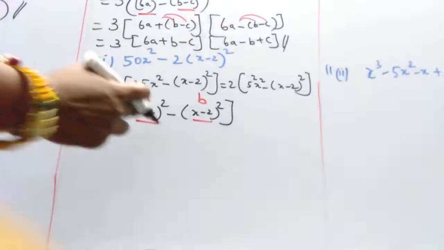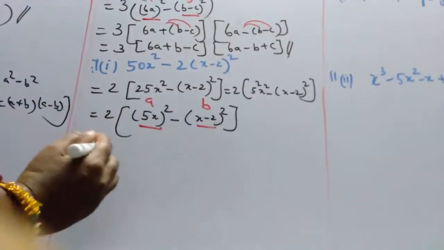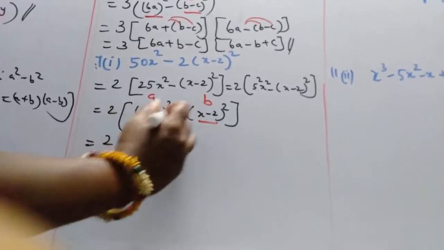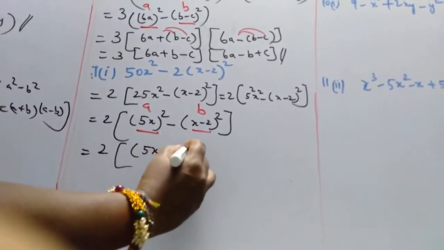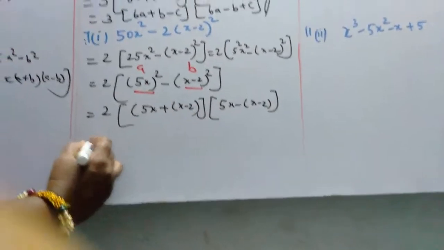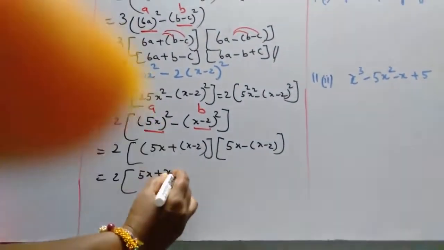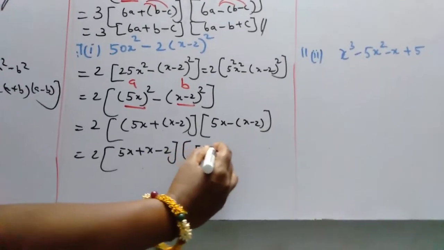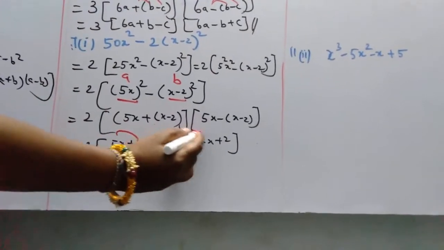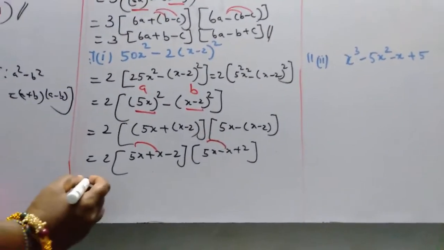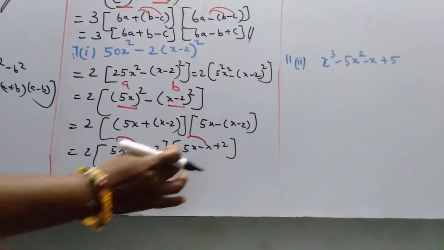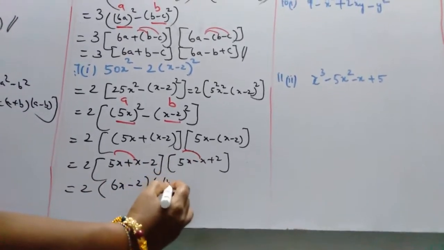So in this previous sum and this sum, the two terms are used in b. We should be very careful in doing this. Here 2 is taken common outside. a square minus b square can be written as (a plus b) into (a minus b), using brackets for two terms, and this can be written as (5x plus x minus 2) into (5x minus x plus 2). Also here these two terms are like terms, so we again proceed. What we get here is 5x plus x becomes 6x, then minus 2, then 5x minus x becomes 4x plus 2.